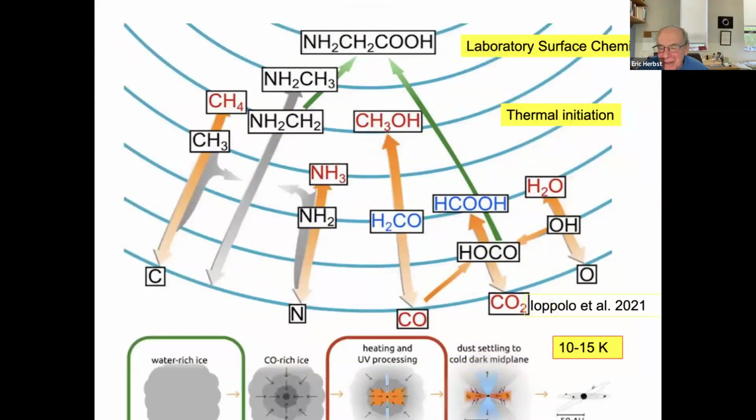Here is something that was measured a few years ago at 10 to 15 Kelvin. You start off with radicals, which are quite reactive. So O is important, H is important, CO can be important, N is important. Anyway, it's a sequence of reactions which are mostly non-diffusive. That is, they're so close to other molecules on a surface that they don't have to diffuse to find each other. This was measured, and the top is glycine, and it's gone past then. Unfortunately, the person who led this effort died a month or so ago. It's very sad. Okay.